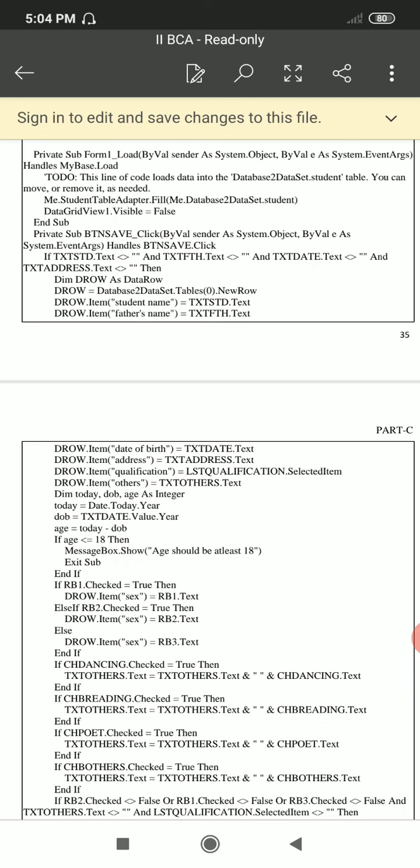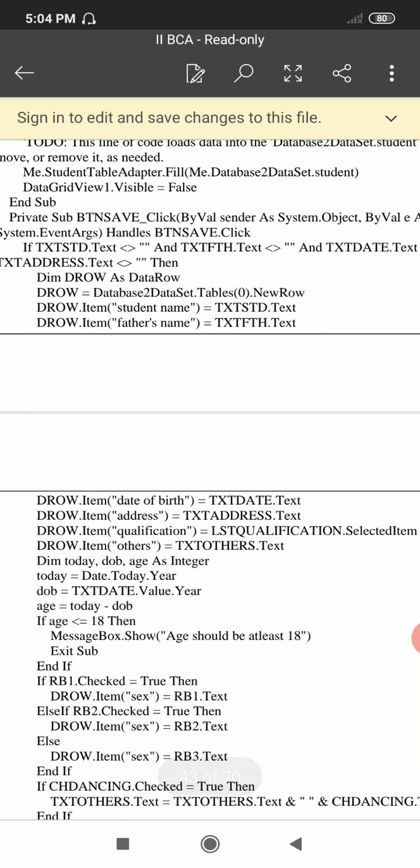See here drow, it is user defined. You have used a drow as DataRow object. Okay, that row drow, and you can use any other name also for a data row. So drow equal to Database2DataSet.Tables(0).NewRow, that is, your database may be containing multiple tables, isn't it?